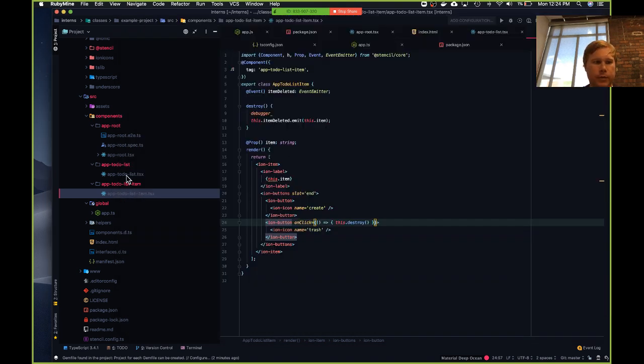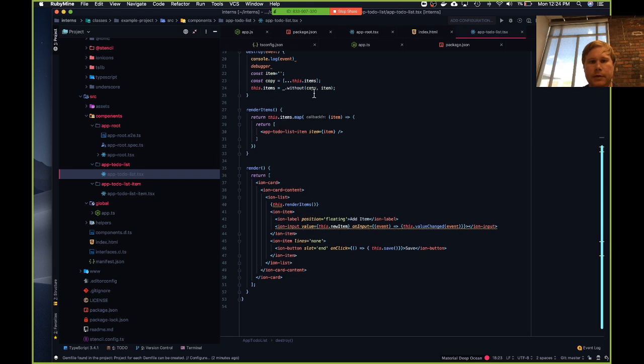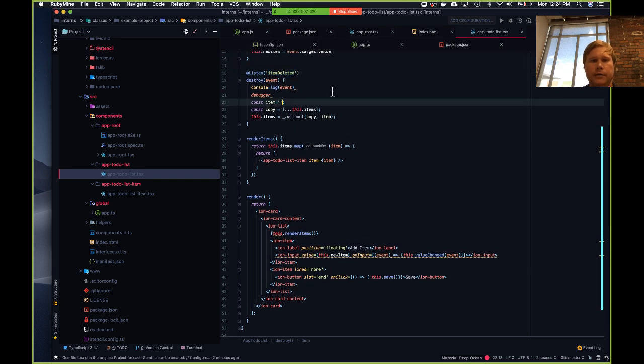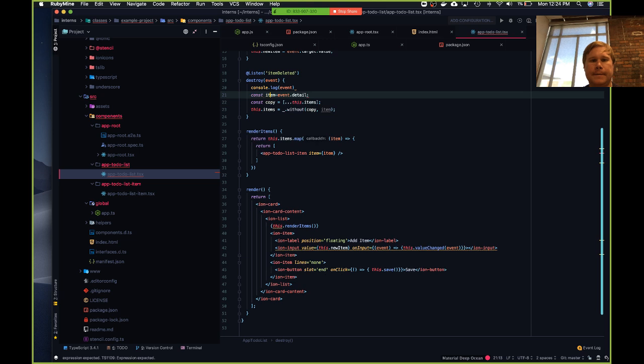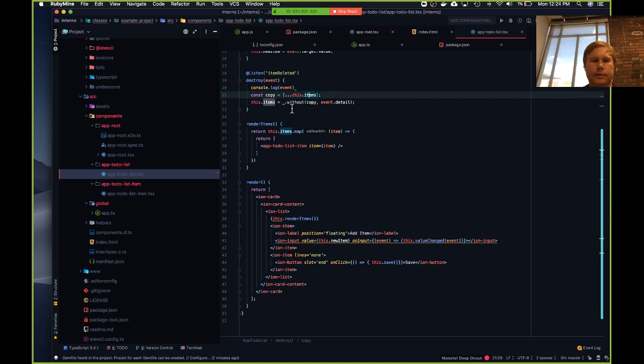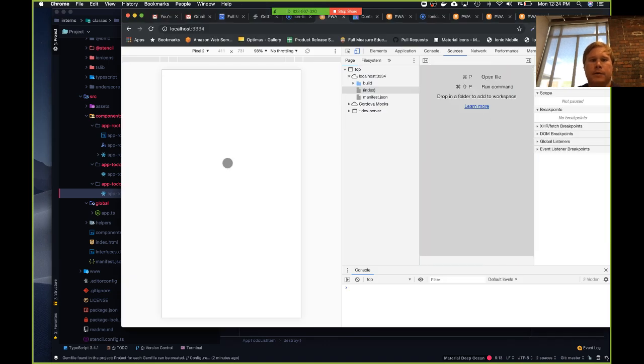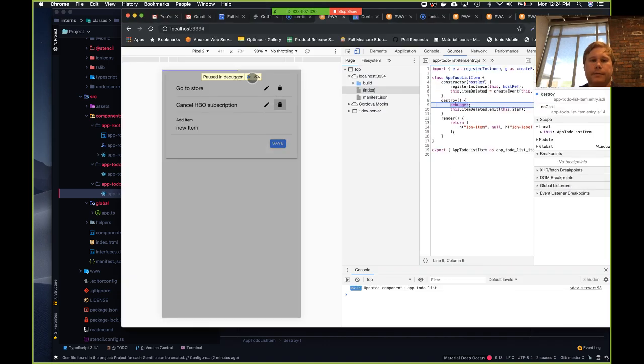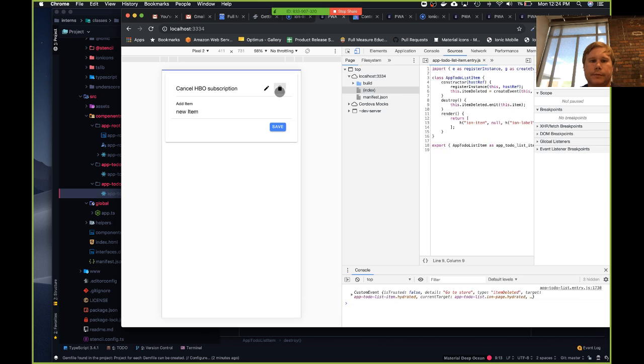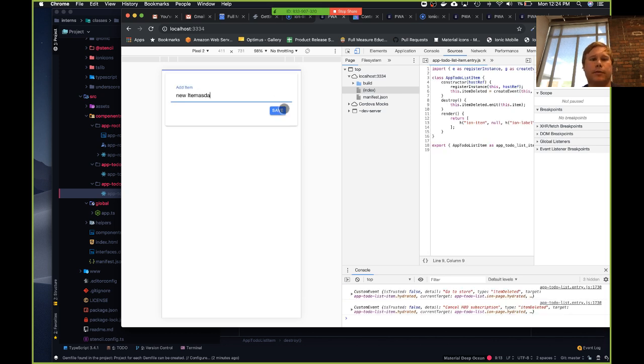So that tells me what I can do here. What should item be? event.detail. Or because it's kind of silly, just rename it. Right, so now we're back. Got our delete functionality back. So now we're back to the same state that we were before. Now when we want to do edit,